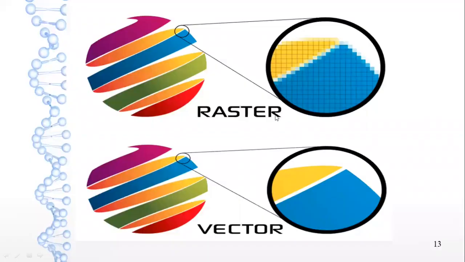Okay, now let's try to understand the difference between raster image and vector image with the help of this diagram. Suppose this image is a raster image, this image is a vector image. So on this image, suppose we are performing a zoom in operation. In other words, let's assume that we are trying to enlarge this image. So if I try to enlarge a raster image, then you can see the raster image somewhat like this. So see here what is happening. So here we can say that if a raster image is enlarged, then it will get blurred. Okay, but this is not the case with a vector image. If we try to enlarge a vector image, then also it will preserve its quality. It will not get blurred. So this is an important difference between raster and vector image as far as quality is concerned.